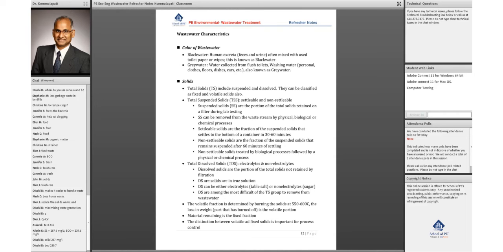Okay, so now let us talk a little bit about wastewater characteristics. The first thing, as we talked about water quality in last week's class, we spent a good amount of time talking about how to calculate or how to estimate different types of solids. The total solids can be broken down into total volatile solids and total fixed solids, but they can also be